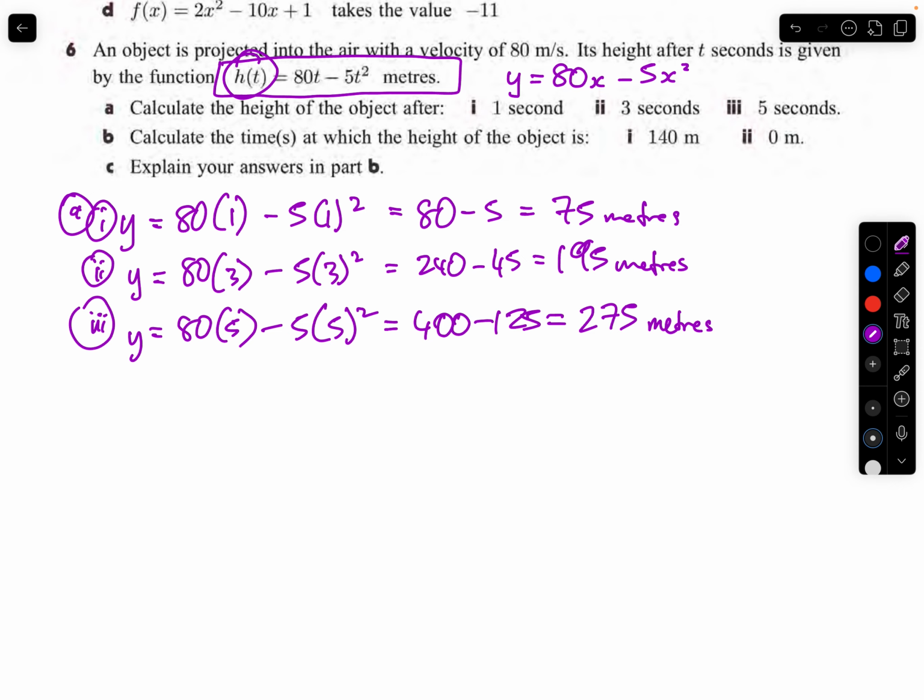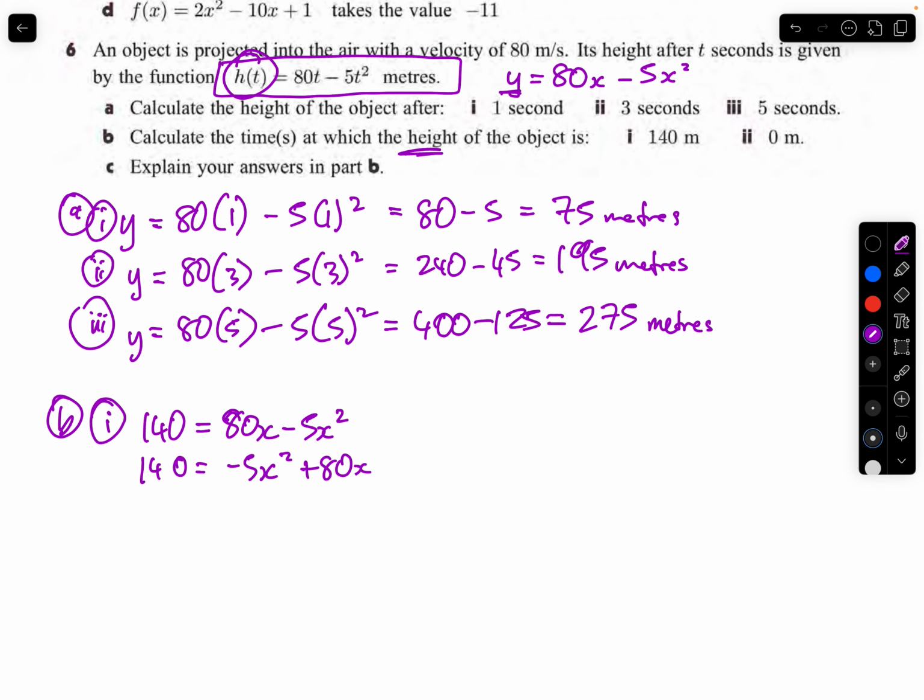B, calculate the time at which the height of the object is 140. So the difference with B is it's telling you what the height is. It's telling you what y is. So we'll replace y with that first number, which is 140, and the function remains equals 80x take 5x squared. This is a quadratic. If you want to rearrange it, do so. 140 equals negative 5x squared plus 80x. Looks more like a quadratic. We need it to equal 0. So 0 is equal to negative 5x squared plus 80x